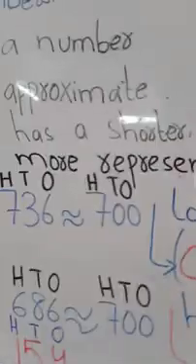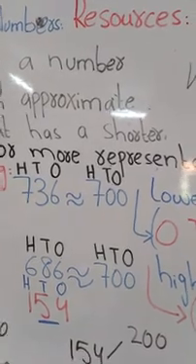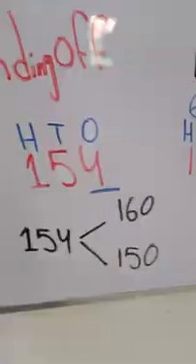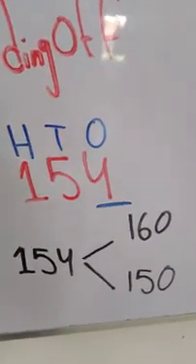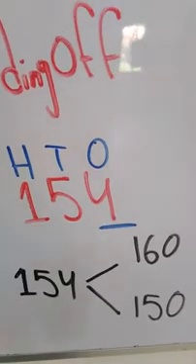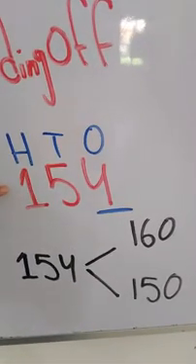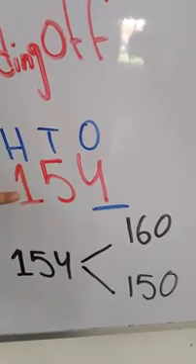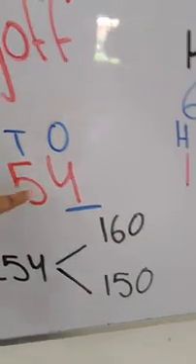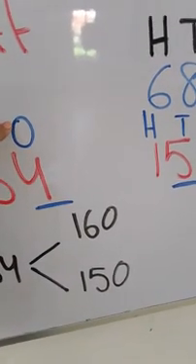Okay, here are the examples. Like we have rounded 736 to 700 and 686 to 700. Now here is one example. Like here you can see that I write a number 154. Now we have to round off this number to the nearest 10. Okay, nearest 10. So which digit do we have to look at? We have to look at the digit 4, that is on the ones place.